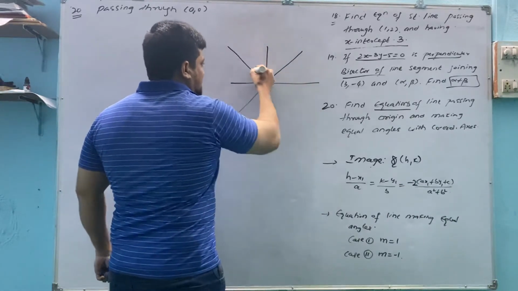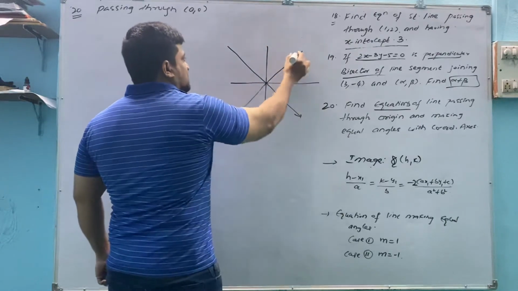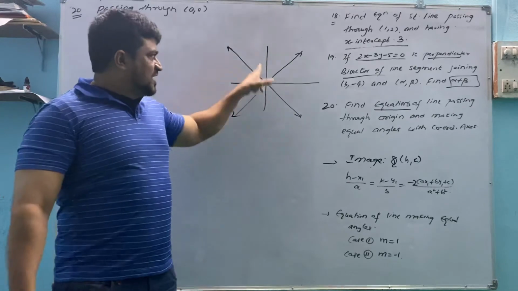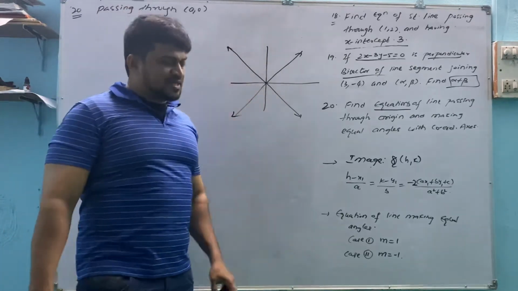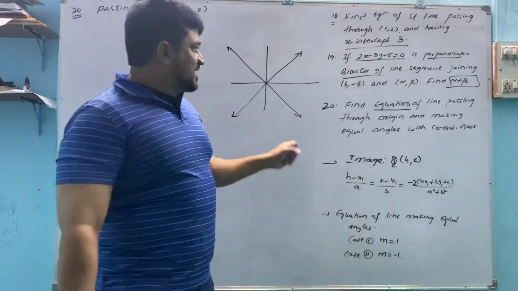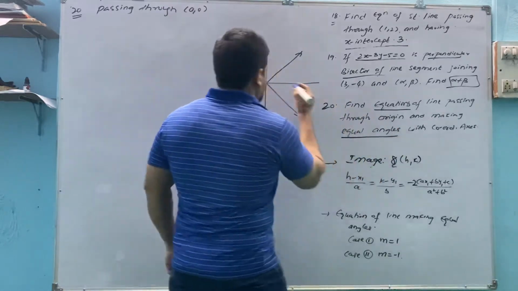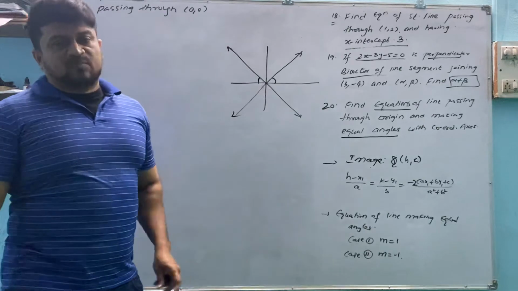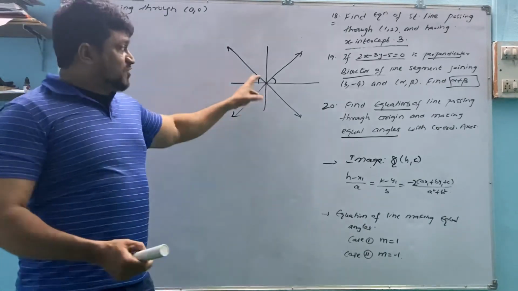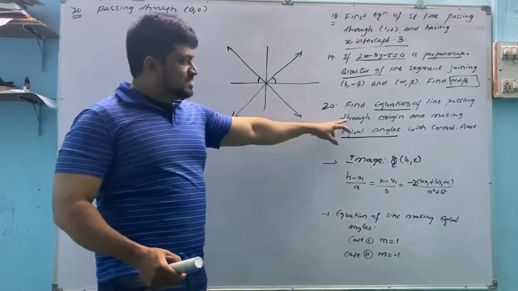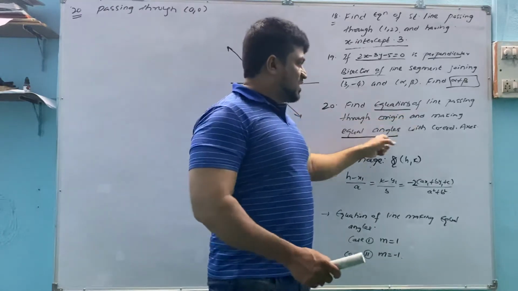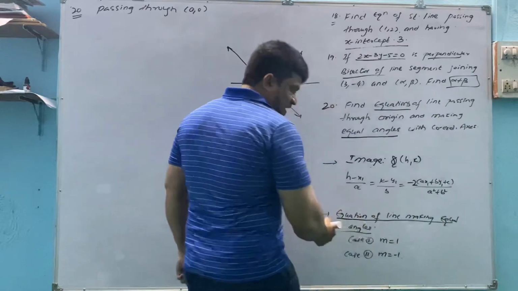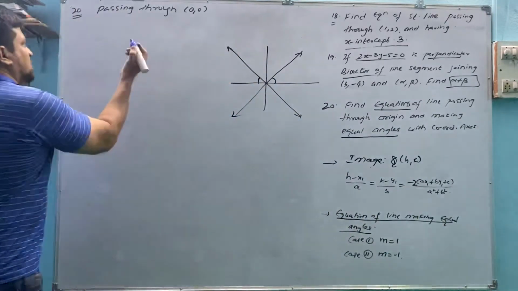This is one line, this is one line. Any other line possible? Not possible. It is possible from the same point, many lines that we can pass, but two lines are there. Why we are taking two lines? Because equal angles they are making with coordinate axis. These angles are equal. So only two lines are possible in such case. So to find these two lines which are passing through origin making equal angles, if these words are there, equation of a line making equal angles, if such words are there, we should take two cases.